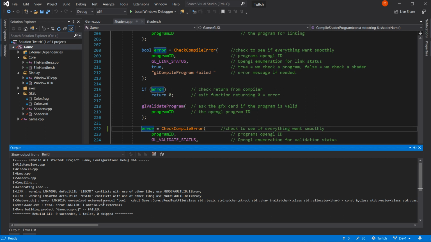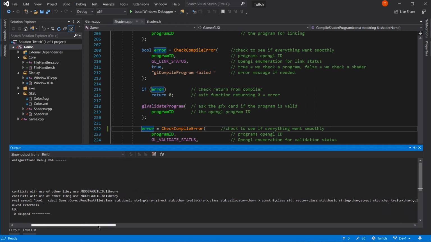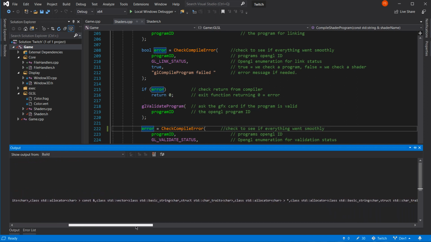Link: unresolved external symbol, bool Game::Core::ReadTextFile, const and class. Oh dear. That's come out badly.